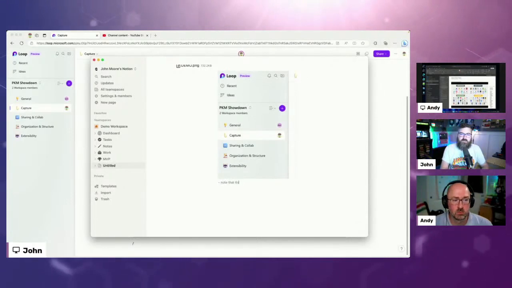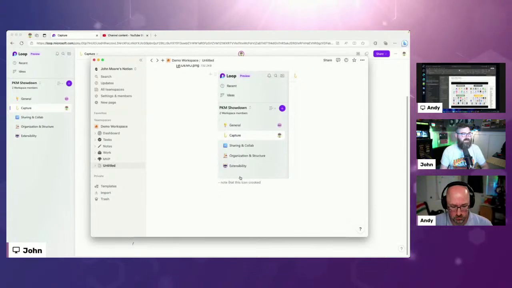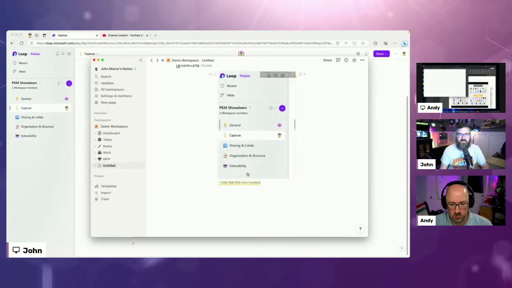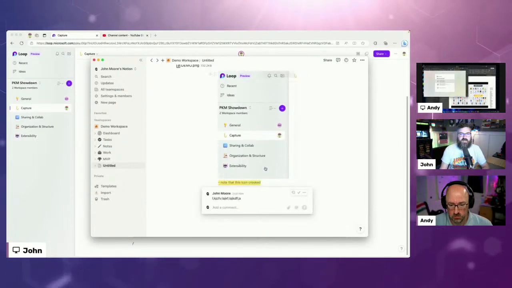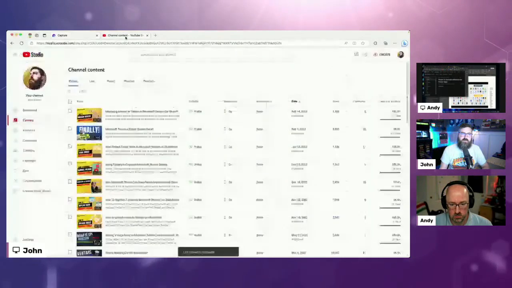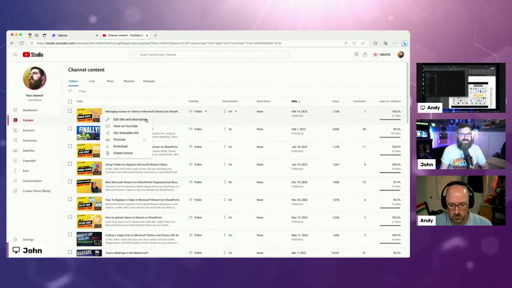Note that this icon is crooked or something like that, right? Imagine that we're doing some design work or something, and I'm like, the spacing here and here is not right. I would take that as a note about that picture. The other thing I could do is I could add a comment, like, here's what I was thinking at this point in time. And then that adds a comment off to the side, basically, for me to have on that particular image. Like you were showing, Andy, you can also paste in things as embeds or as links.